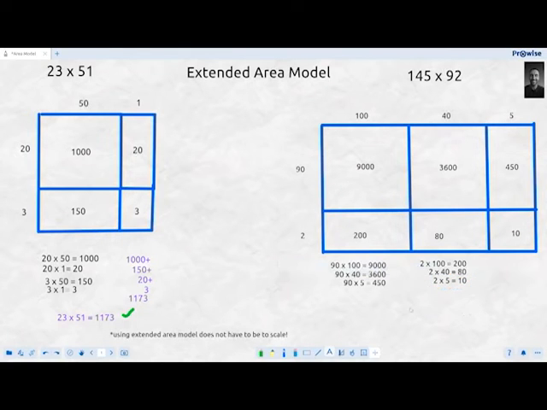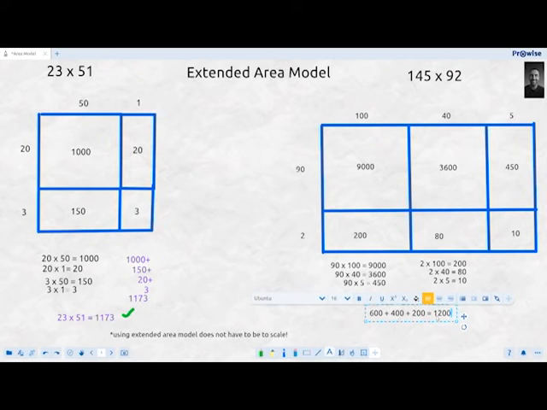So what I'm going to do with this example is split up my thousands, my hundreds, my tens, and my ones when I'm adding up, just to make it a bit easier for myself. So I'm going to add 9,000 to 3,000, as those were the whole 1,000 units within my area model. And now I'm going to end up with 12,000 there. Then I'm going to add the hundreds. I've got a 600, a 400, and a 200. So we know 600 plus 400 is equal to 1,000, and then we just add that 200 again, which will give us